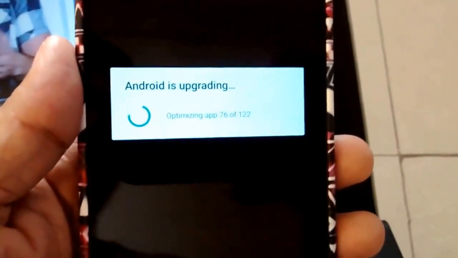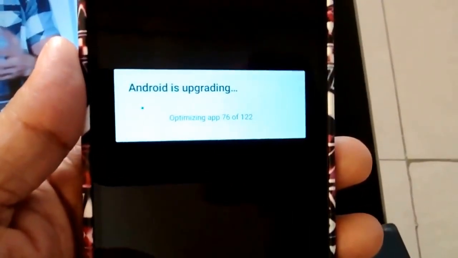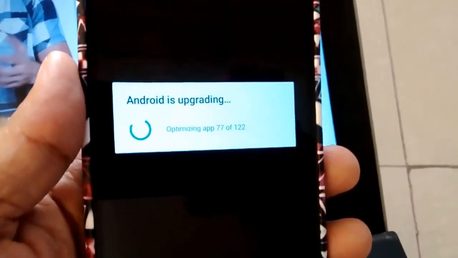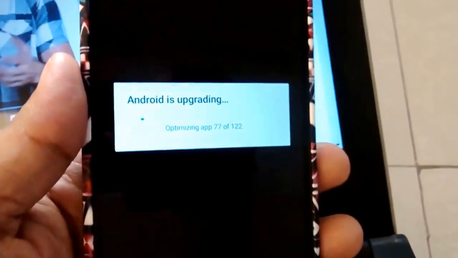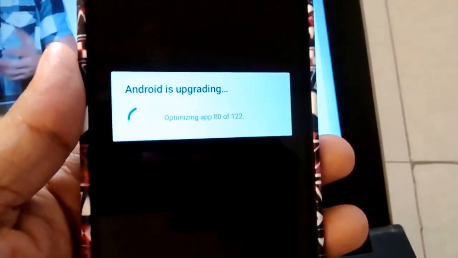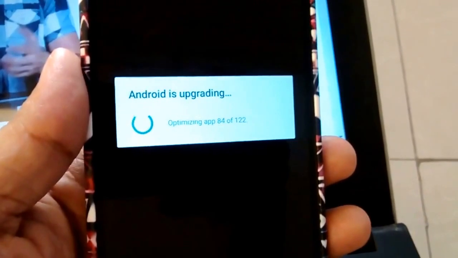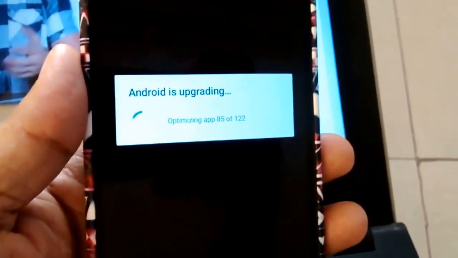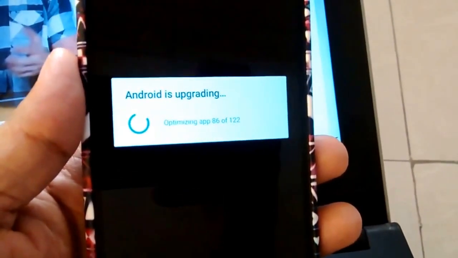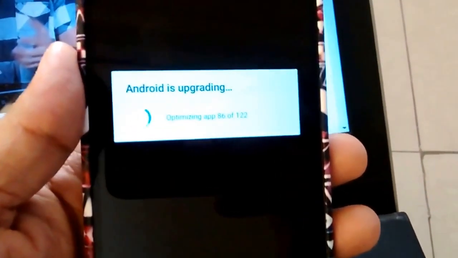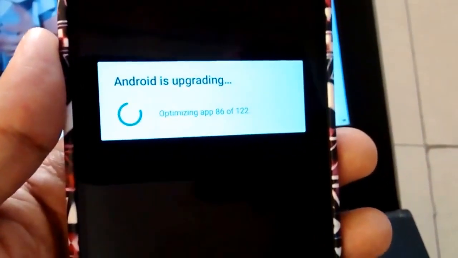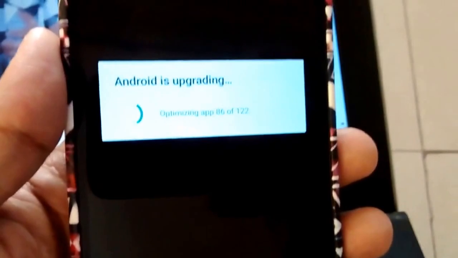Optimizing apps, man. Looking at the infamous screen that is optimizing apps. As we are aware, this screen takes a lot of time to optimize applications and it takes a lot of time to boot to the operating system. And one thing to notice is that Android people were saying that you won't be seeing this screen in Android N, but somehow we end up seeing this screen on Android N. So I don't know what is happening there.